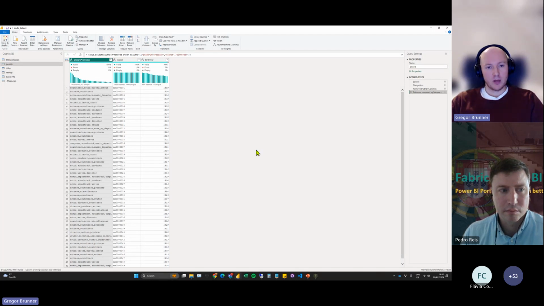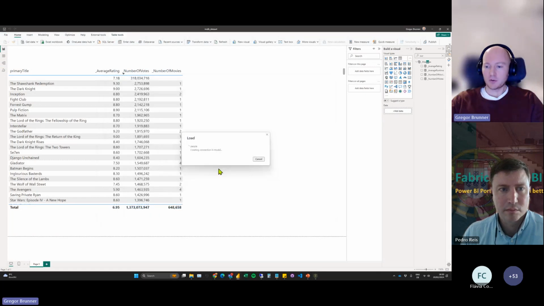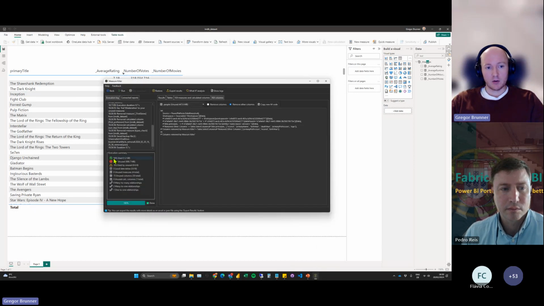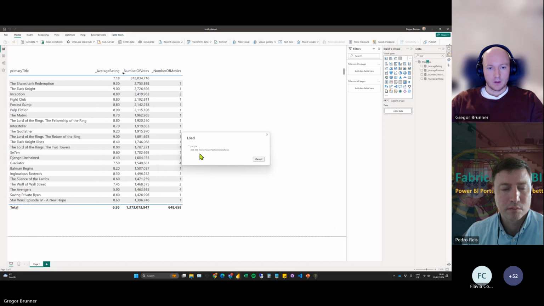And then I just hit close and apply. And I let it run through. Since it's a big data set, it will take some time. I'm not sure if we're going to wait, but it's just going to work like this. And then once I did this for all the queries, I can either run Measure Killer again, and I will see that we have 100% used now, and everything is good. And also our model will be smaller. So maybe, yeah, this will take some time.